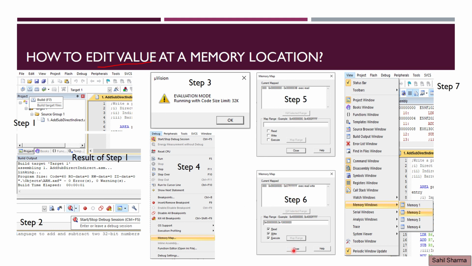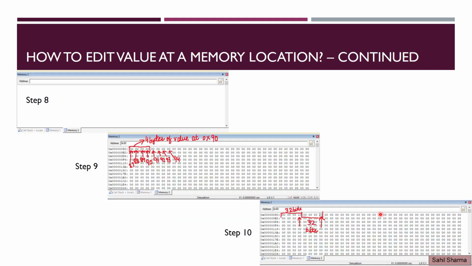After that, click close, and now we want to view our memory window. So I have taken memory 2 window, and in memory 2 initially my memory 2 window will be empty. I have to search for 0x90. So after searching for 0x90, these 4 values will be there. So the first value is the 87th byte, second value is the 88th byte, and similarly we will reach 90th